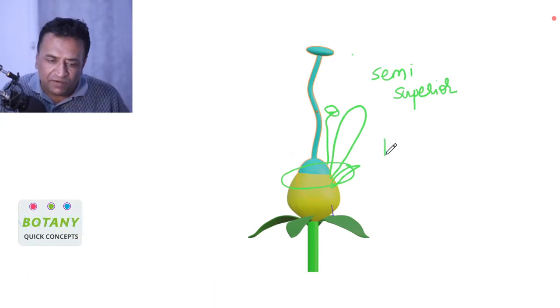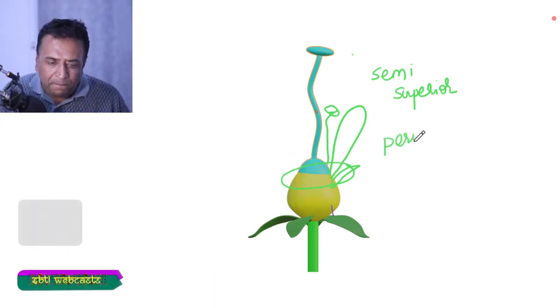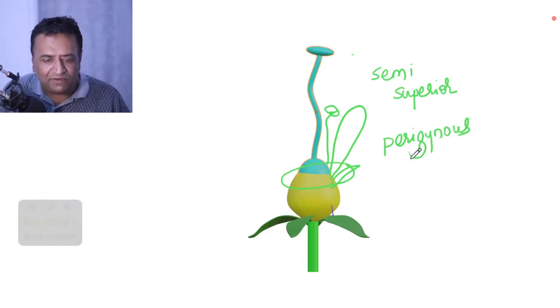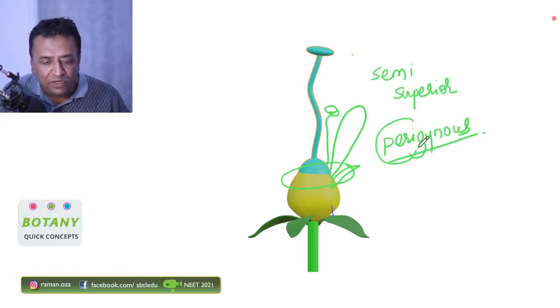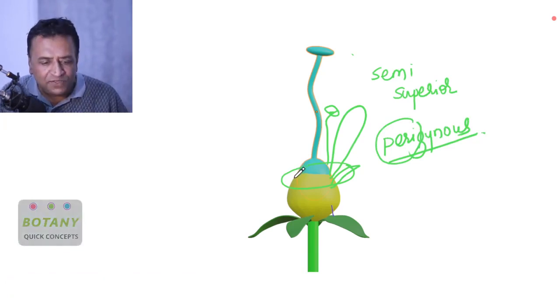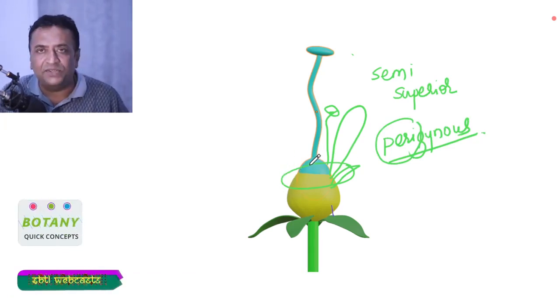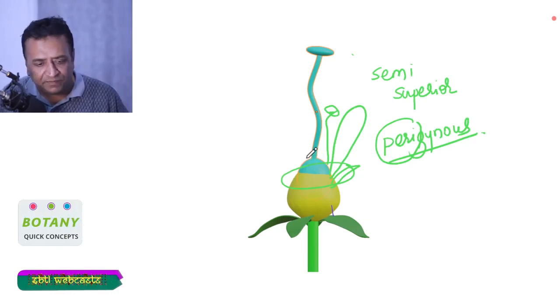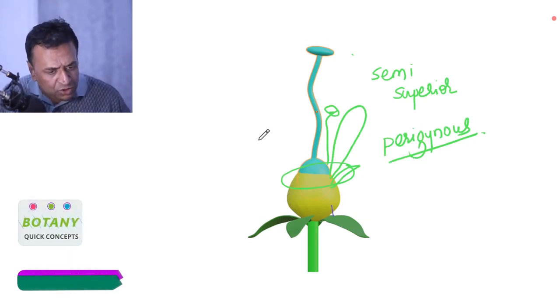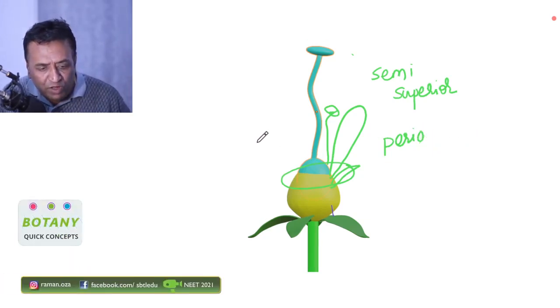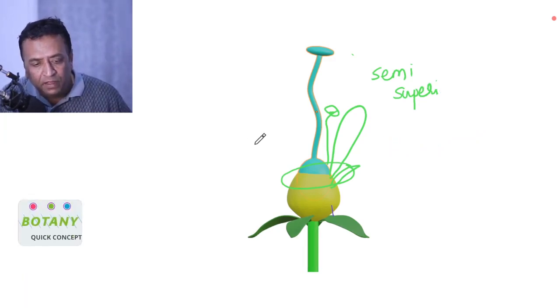So such a flower is called a perigynous flower. Peri means around, and the rest of the floral whorls are around the gynoecium, and hence it is called a perigynous flower. Fine. So let us go to one more type of flower, that is,